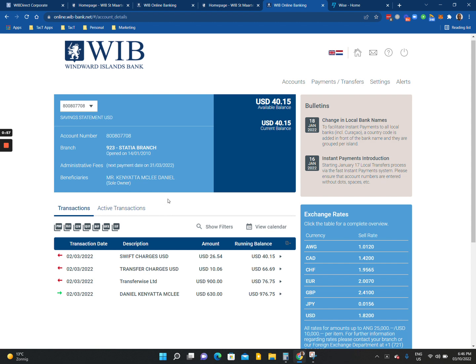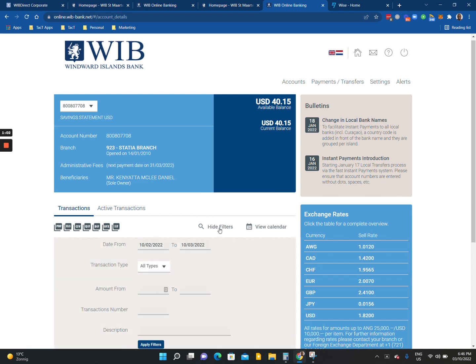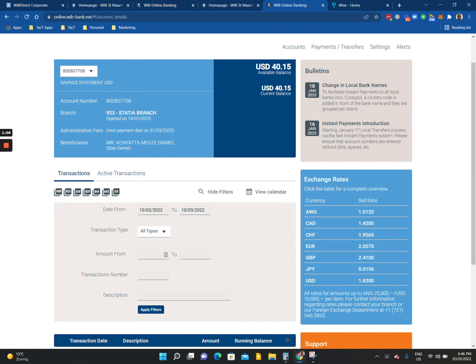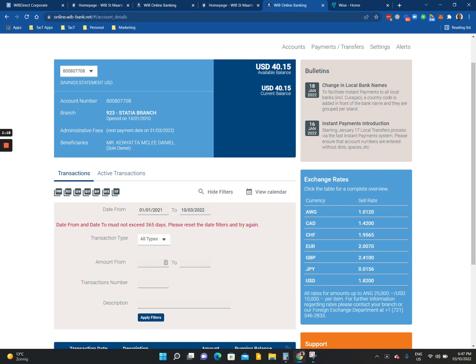What we will do is first go to Show Filters, and we will select the date range. So our start date, if we click here, we'll choose the month January, and then the year 2021, and then we will choose the first day of the month. So this is the 1st of January 2021, and then our end date will be